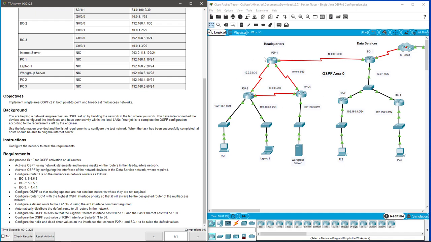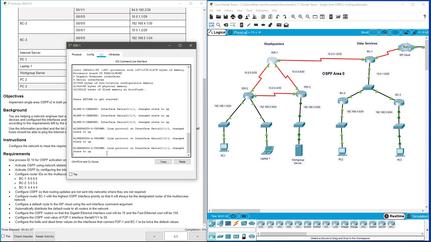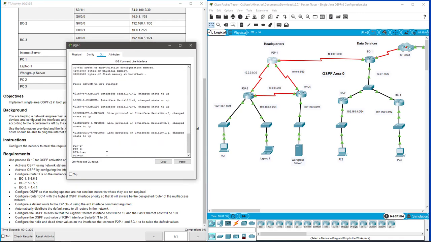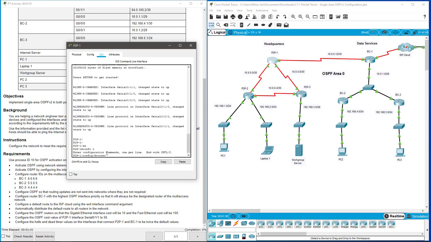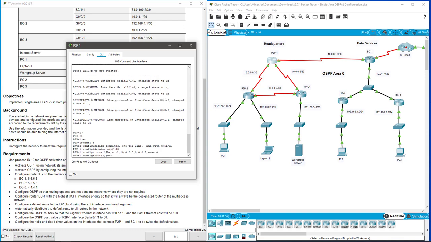So headquarters is over here on the left. P2P1, P2P2, P2P3. We're going to set these with the traditional way of setting up OSPF. So I'm just going to pull this over to the side and get started. Config T, router OSPF 10, and then network statements for each one of the networks. This one's connected to 3 networks, so network 10.0.0.0,